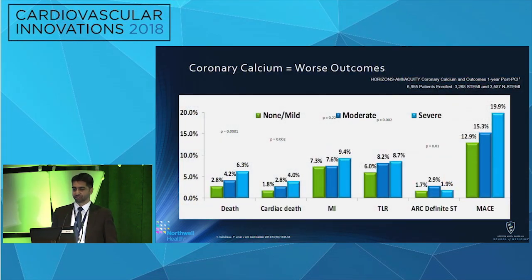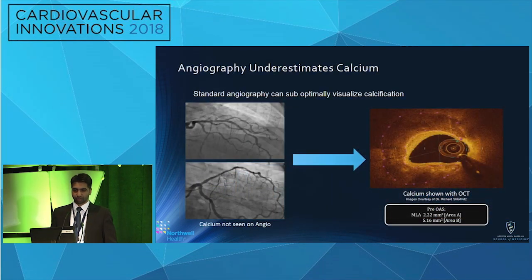And we know that the presence of coronary calcium portends worse outcomes. This is from the Horizons and the Acuity data set. As you can see here, a total of 3,000 STEMI and non-STEMI patients. You can see here that severe calcium definitely had the worst outcomes, from overall MACE and going through the entire gamut. And we know that angiography underestimates calcium,